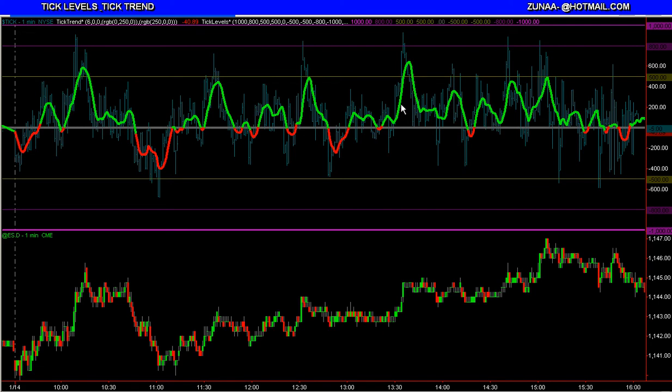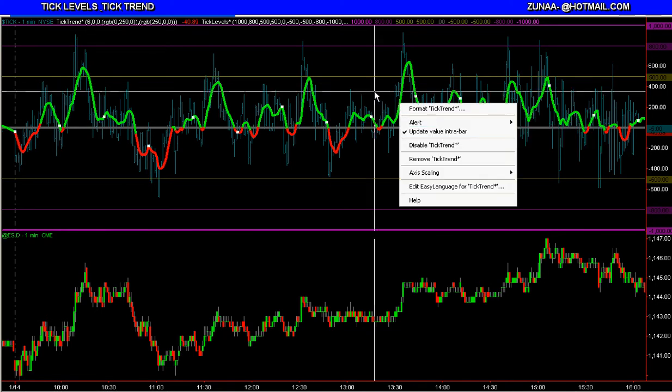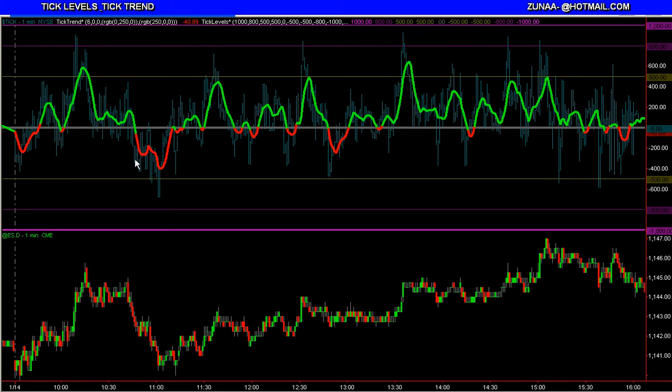Okay, the two indicators I mentioned are fairly simple. This is the tick levels, which are these three lines, then the zero line, and three lines below the zero line. And then we have that's the tick trend. I have the NYSE tick, which in TradeStation is #TICK, plotted in bars. Real quick,